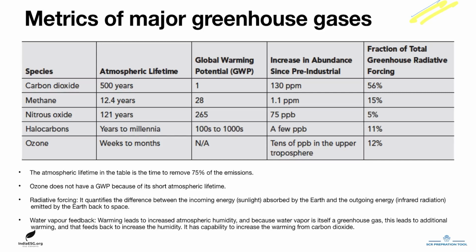In this slide, we are going to see metrics of major greenhouse gases. Now, as we have seen, human activities are increasing the presence of various greenhouse gases such as nitrous oxide and other greenhouse gases like halocarbons. These gases are found at very low concentration in our atmosphere, generally parts per million or parts per billion, but